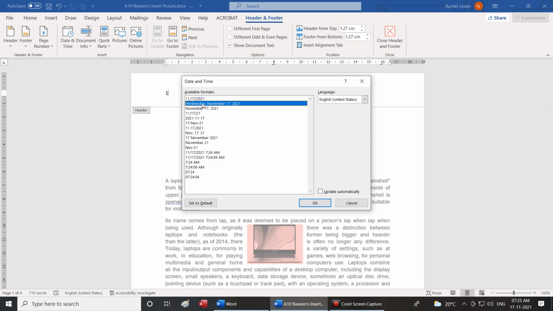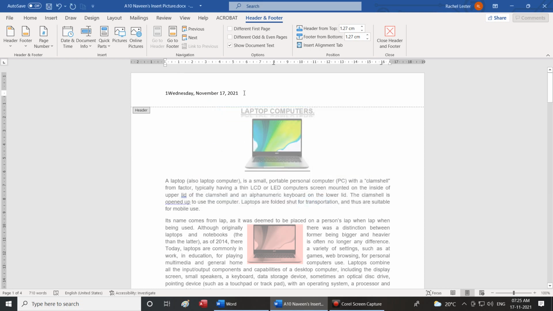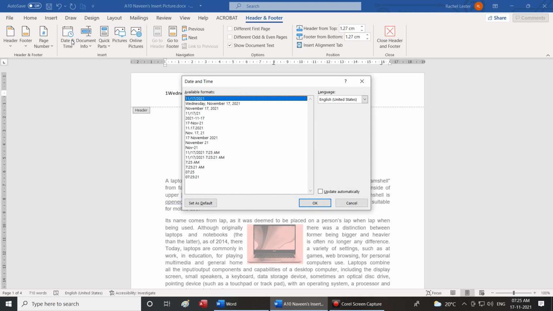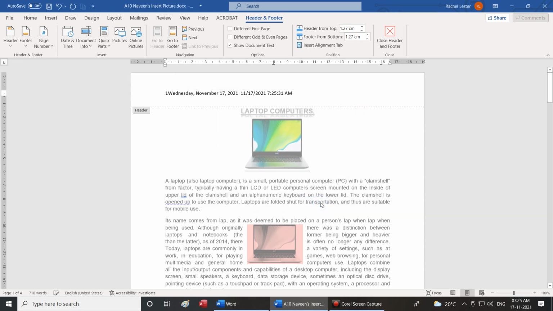I can select whatever format I want, one of these predefined available formats, and then if I say OK, it will automatically insert the date and time. If I want it to update automatically, that means tomorrow if I open the same Word file, it will start updating and changing the time. So please make a note of it.